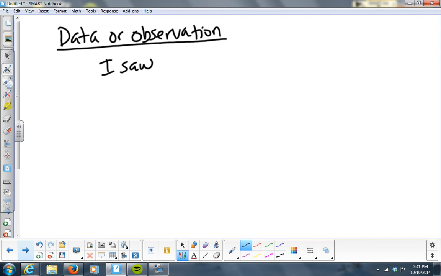Okay? So like Brantley's doing evaporation. So he's going to measure how much water he has left, but he's also going to have observations. So his observations would maybe be like the